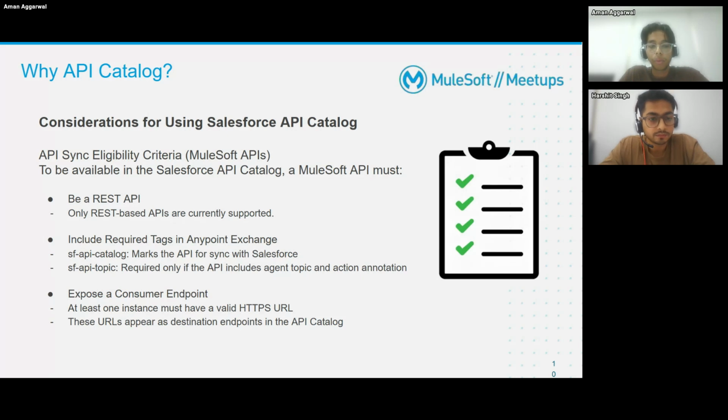The second tag that we have is SF API topic. This is the tag that is only required if the API includes agent topic action and action annotation that are to be used for Agentforce. And the third most